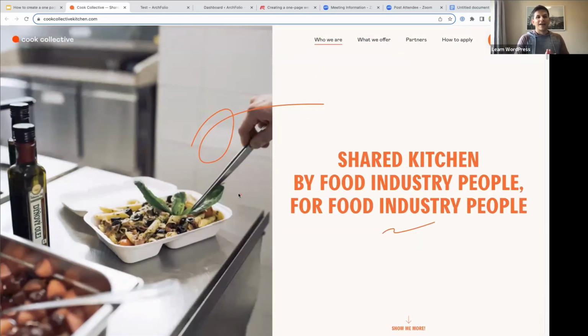But now, of course, the one thing that makes this a single-page website is that there are no other pages. We can't dive deeper into the site. This is it. And if we look at the navigation menu, now usually if you click on one of these, it's usually a page, right? And it takes you away from this page, but